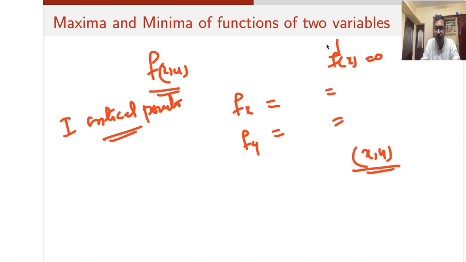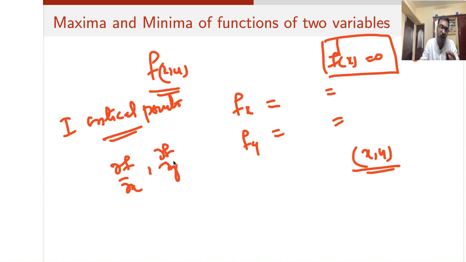In the one variable case, since there was only one variable, you will just put f dash of x equal to 0, then you will get a value of x. That value is called a critical point. But in the two variable case, since there are two variables, you will have two first derivatives, called fx and fy, or in other words, dou f by dou x and dou f by dou y. You find both and equate both of them to 0. You will be getting two equations. You solve those equations and then you will be getting a point (x, y).